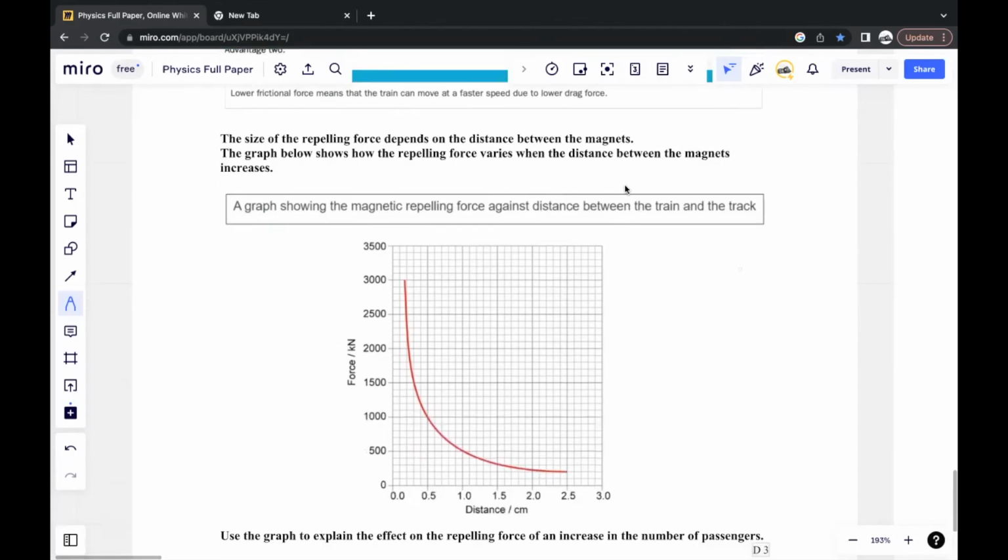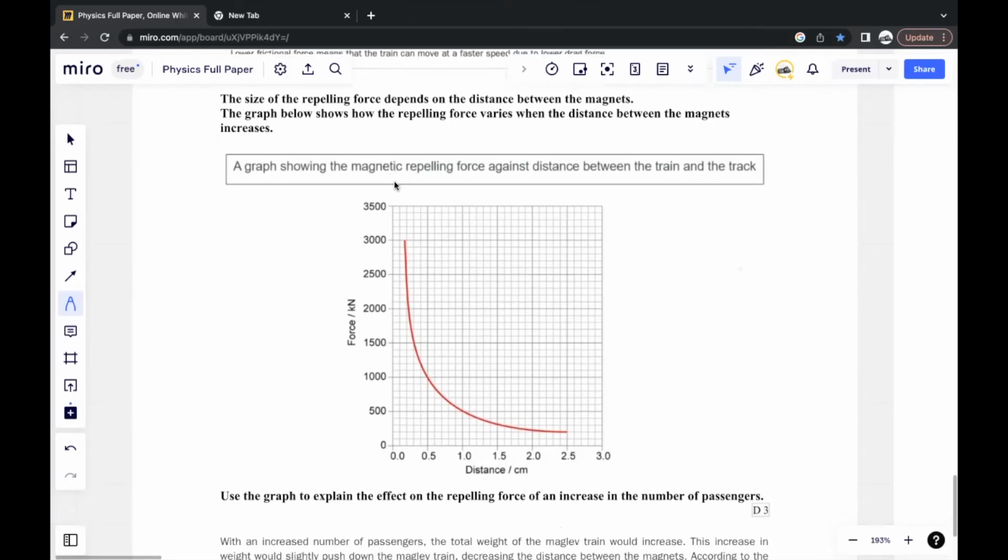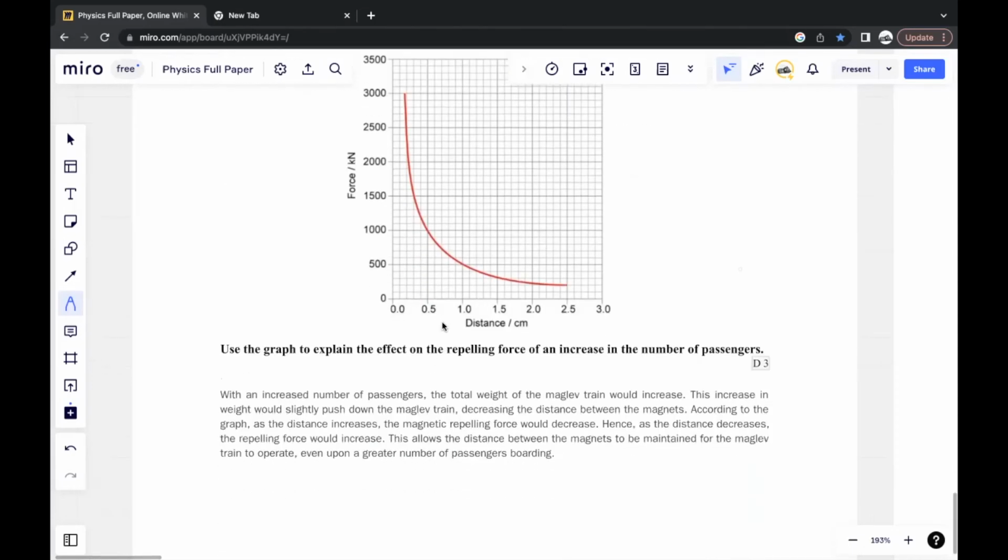And the size of the repelling force depends on the distance between the magnets. The graph below shows how the repelling force varies when the distance between the magnets increases. A graph showing the magnetic repelling force against distance between the train and the track. We can see that as the distance between the magnets increases, the repelling force decreases. So they tell you to use the graph to explain the effect on the repelling force of an increase in